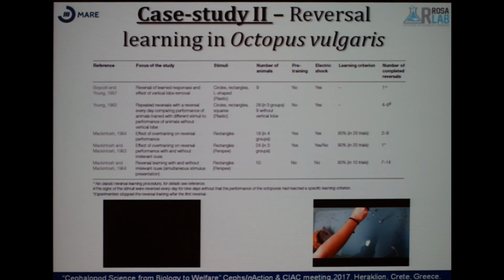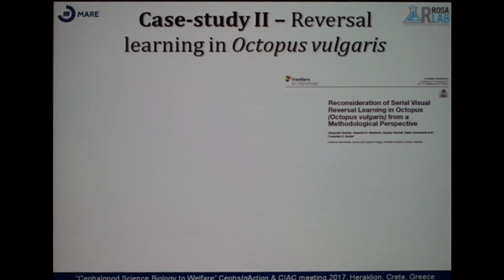Afterwards, the reversal is made by exchanging the meaning of the stimulus, and in optimal conditions it should only require 1 stimulus trial error. This type of methodology was extensively used in the 50s and 60s with some mixed results. And today, a very recent paper has found another way to present